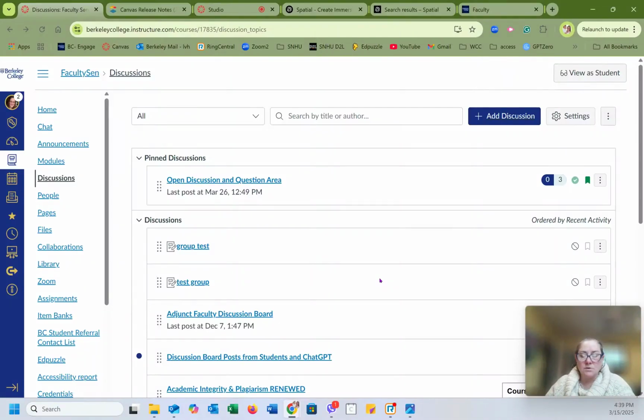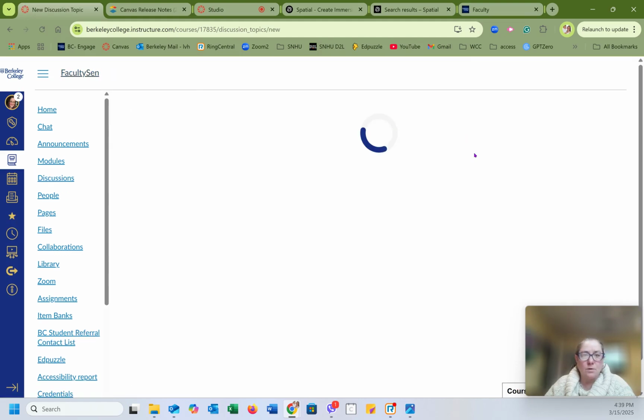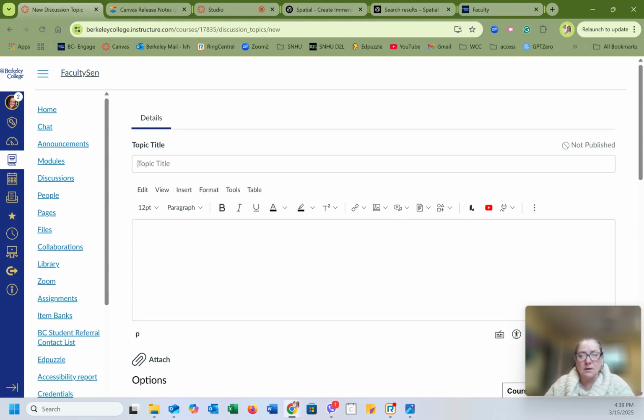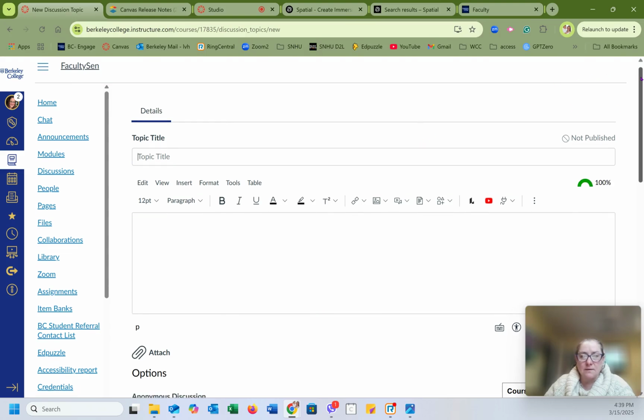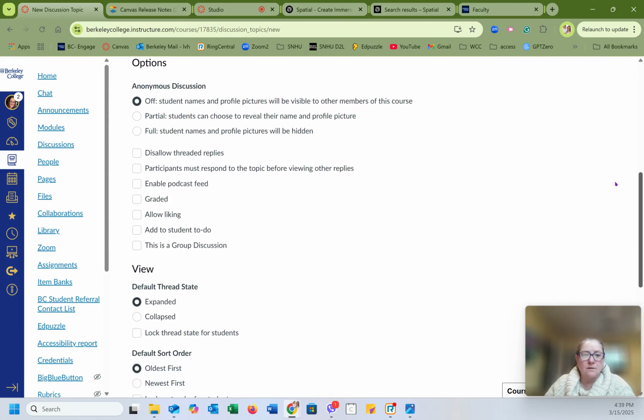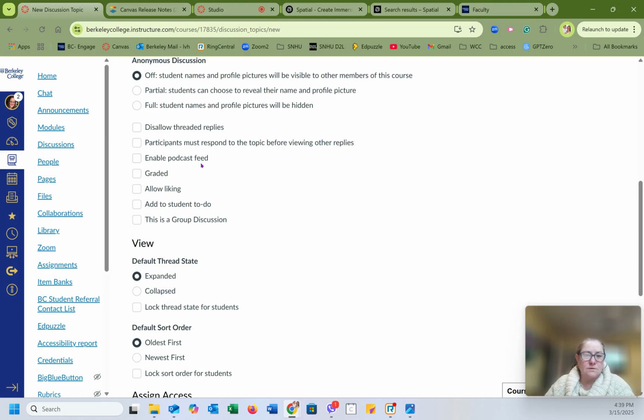Hello, just showing you a real quick new feature that's in Canvas that some of you have been begging for, and that is some additional options in discussion. So go to discussions, you can either add a discussion as I'm doing here, or you can edit a previous discussion. When you look at the details, and same right here, scroll down,